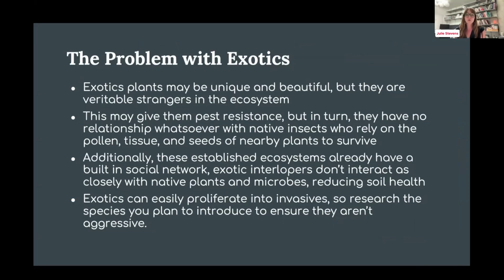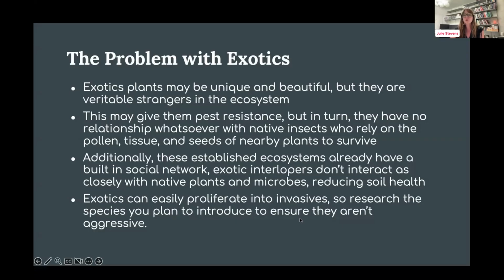So exotics are pretty cool. I have a colleague here who is obsessed with Japanese maples, so I threw a couple of those into these slides. They may also be pest resistant, but they might not be pest resistant. They also have a tendency, as we've seen with things like honeysuckle, to establish in these foreign ecosystems, like our non-native honeysuckles that are establishing here in Iowa, and they take over our woodlands. They crowd out other species that are important. They don't allow for natural succession, and typically are taking more from the soil than they're putting back in.